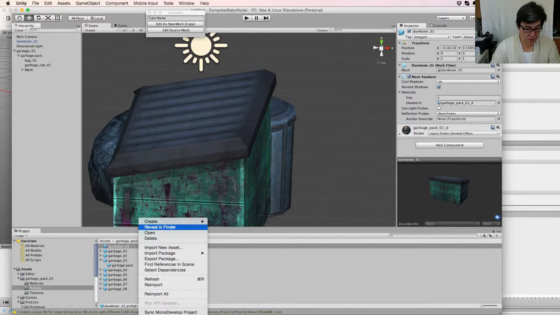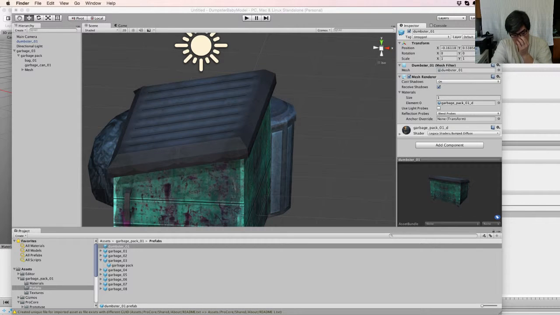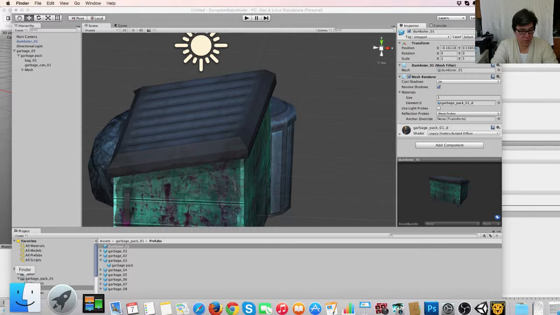Okay, reveal in Finder. You can also do this in a Windows Explorer. There's my Finder window. Okay, that's not